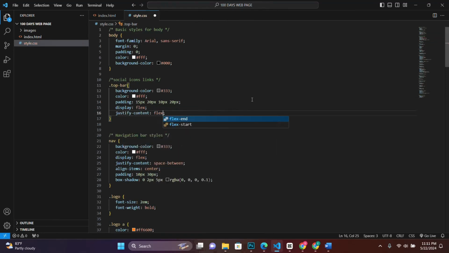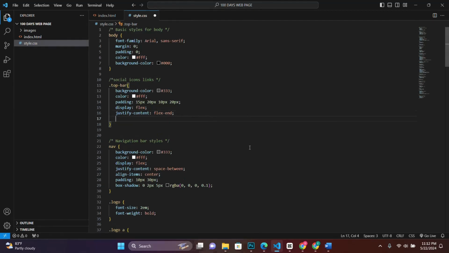to flex end. So what flex end will do is to push our content to the right, completely to the right. And flex end, if it's horizontal, it pushes it completely to the right. If it's vertical, it pushes it to the bottom. So if you have like 3 items in this particular container, it will just push them. So 1, 2, 3. If it's vertical, they will stack on each other 1, 2, 3, something like that. So that's what flex end